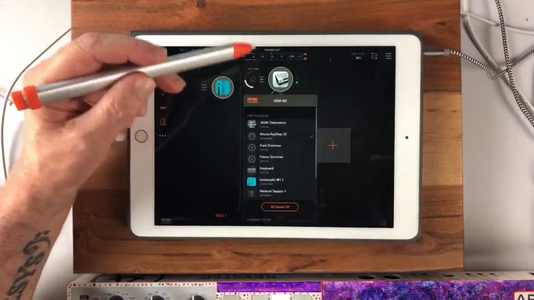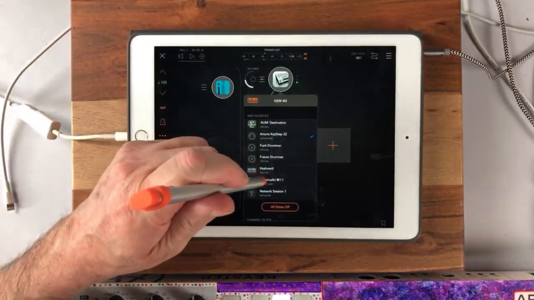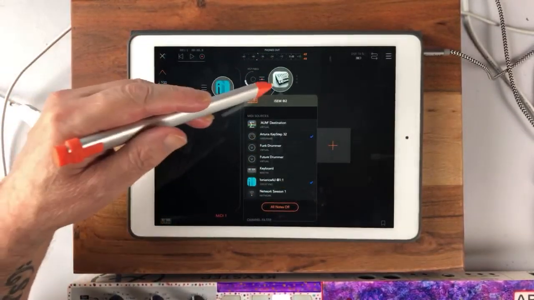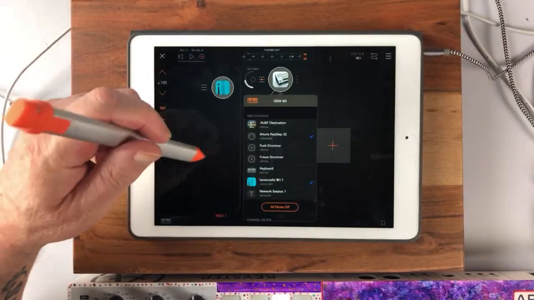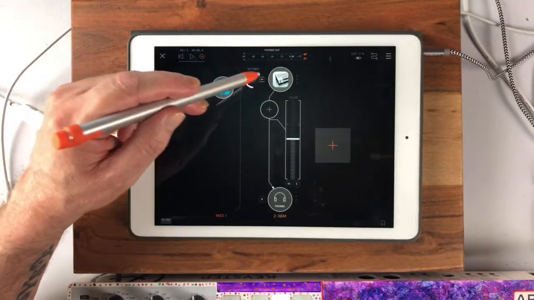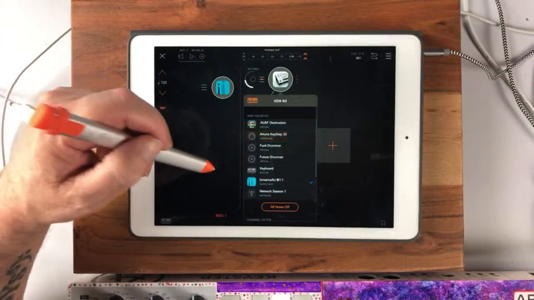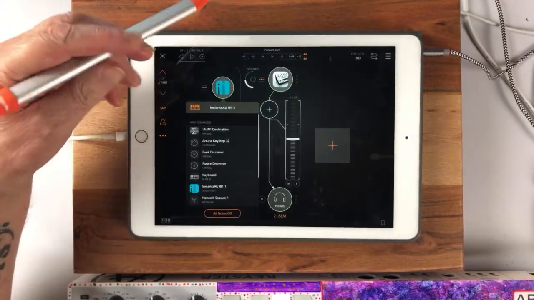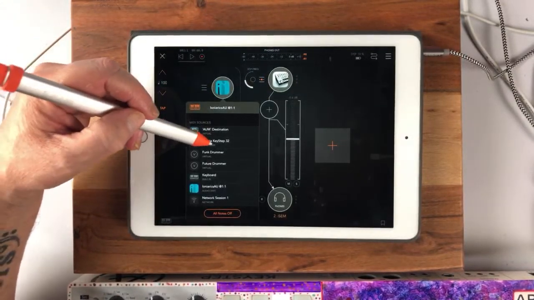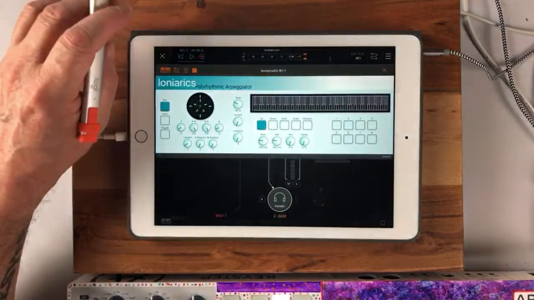So I'm going to send ISM to IONIARICS here, and I'm going to control IONIARICS with the KeyStep. And now